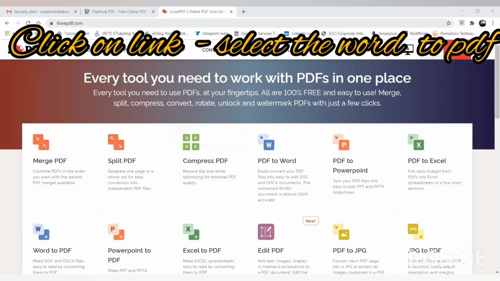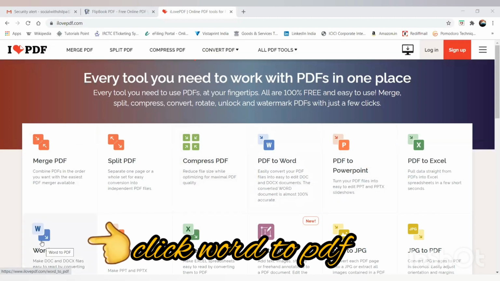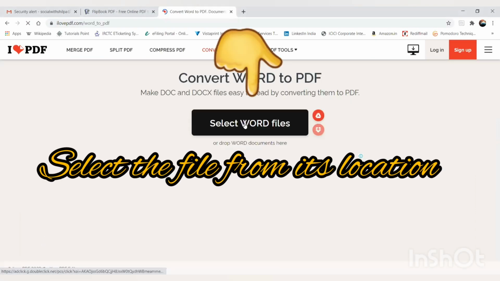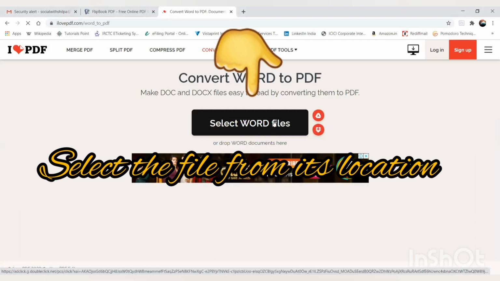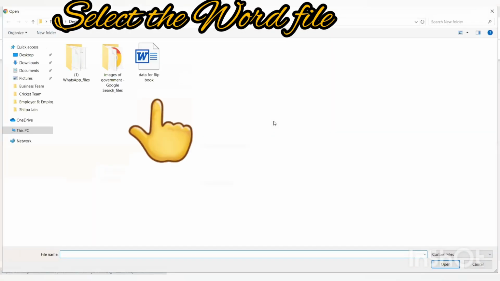Now this side, we have the option PDF to Word, PDF to PowerPoint, but we want Word to PDF. So we'll click on this option, Word to PDF. And once we click here, it asks for select the Word file. So we can simply, either we can click here and go for the file.